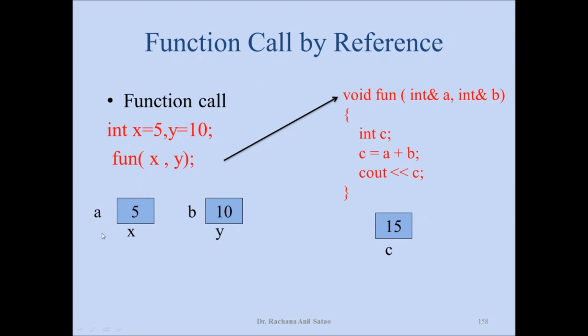Okay, so whatever memory locations are reserved by the first x and y, those are used by a and b. This is just another name I am creating for x and y, and I am performing the operation. Now here I have declared c, so new memory reservation is done for c, and it has the addition of a plus b. Whatever changes I make in a and b will get reflected in the actual memory locations, and you can say I am making changes to x and y. This is not the case in function call by value. This is the case in function call by reference.